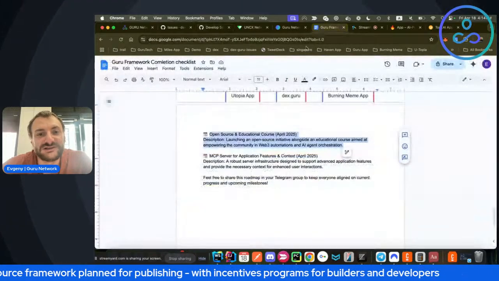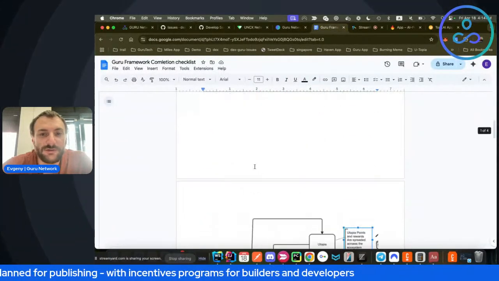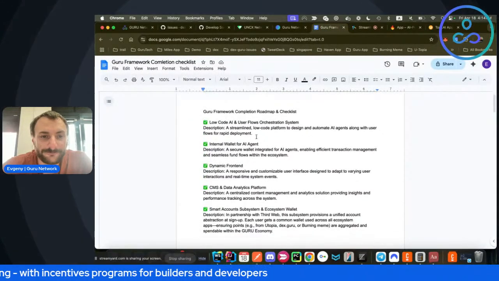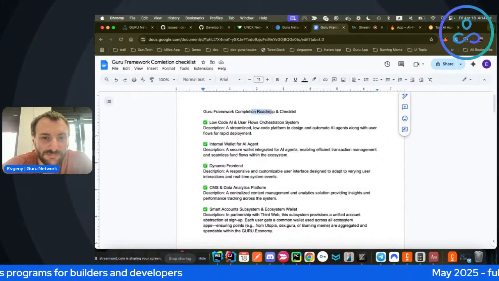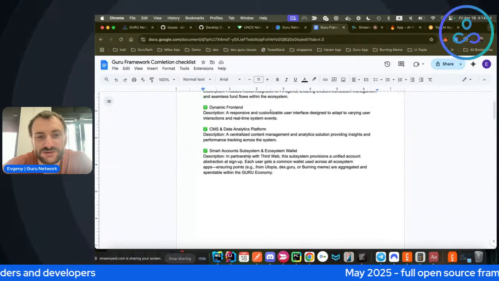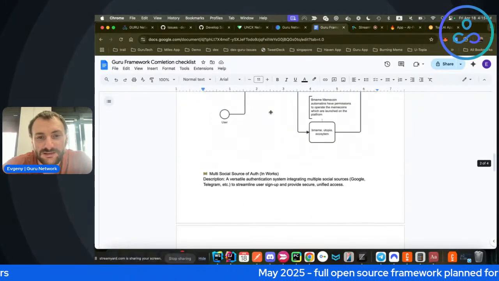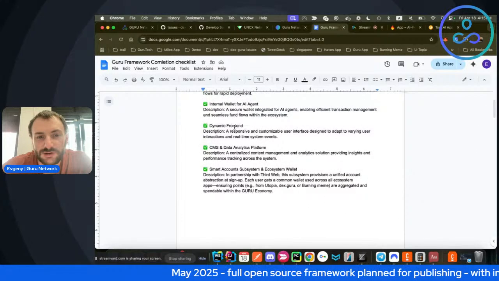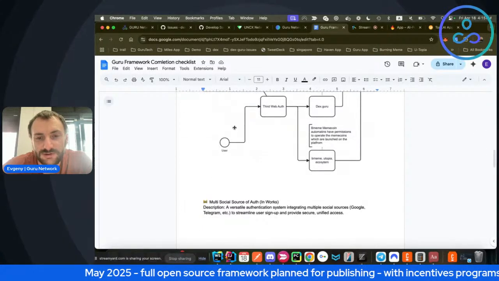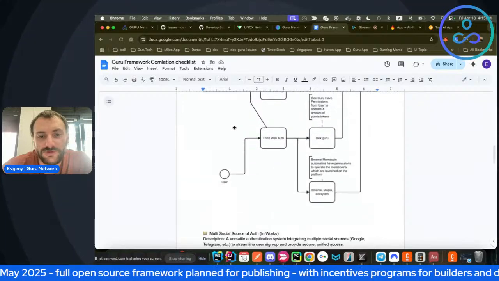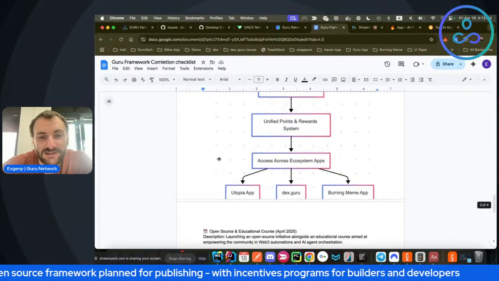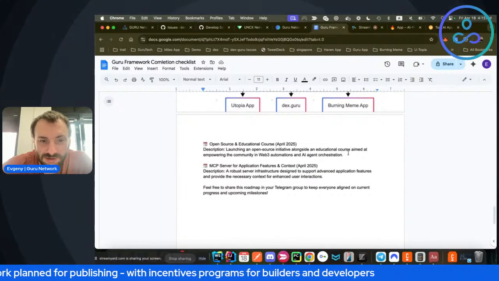And as I mentioned before, it's all part of our roadmap and checklist, which we proposed months ago, and started working towards this goal, bringing more and more features, and now we are here.